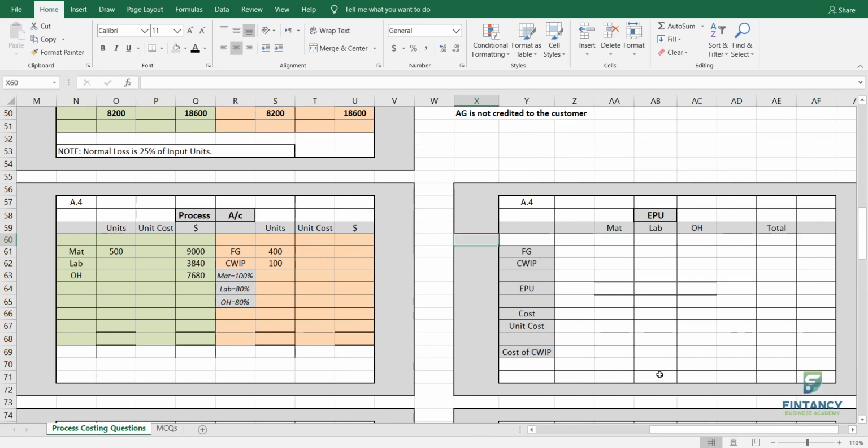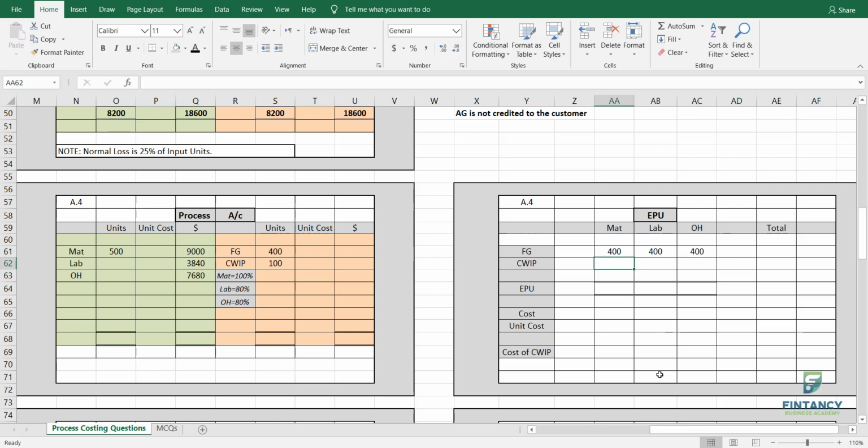So what we do normally, basically, how many are your finished goods? See, 400, right? So just write here 400. Why? Because I'm saying 400 units are totally complete from every perspective. 400 units are totally complete from every angle: from material point of view, from labor point of view, from overhead point of view. Right? This is the idea. That's why in every column I wrote 400.